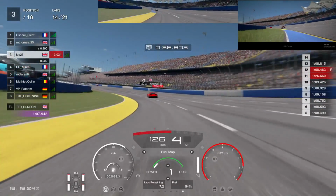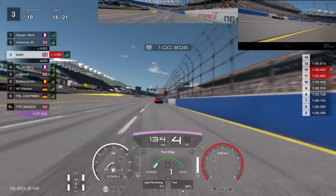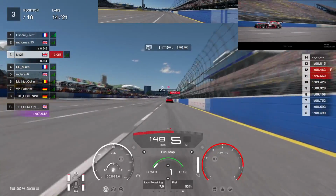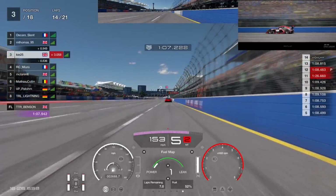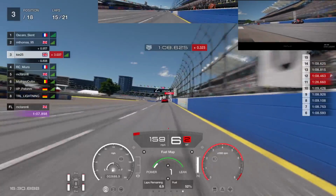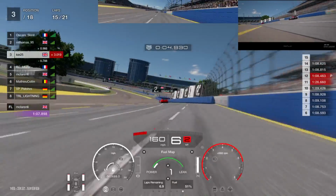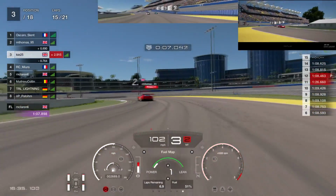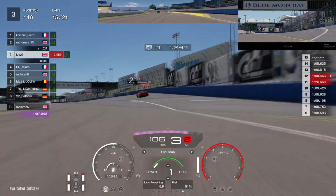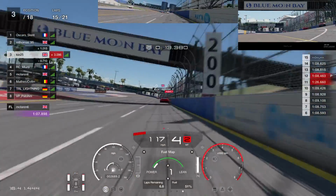And now I've just got to try and keep my cool, make sure I don't give RC Miura any opportunity to get past me. As long as I can just stay in the slipstream with Mr. Thomas, you see, just keep the short shifting as much as I can, just to try and make sure that I've got the fuel towards the end of the race. See, going over the line with 5.9 laps of fuel left, with 6 laps to go. So it's not massively the amount of fuel saving I need to do. I just need to keep it reasonable short shifting just at this stage, while Mr. Thomas